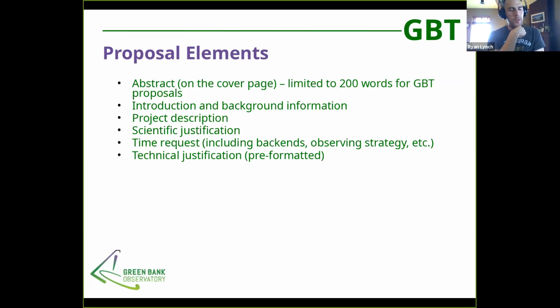On the cover page, you will have space to put an abstract. Really think about that abstract. It's limited to 200 words. Get the point across quickly. Get the reviewer interested and let them know what you want to do right up front. Provide enough introduction and background information to familiarize your reviewers with the overall science and the focus of the project. But you want to spend most of your time on science justification. Break it down into specific questions that you might answer if you can. And again, think about the reasons that the GBT in particular is the best telescope to use for that particular